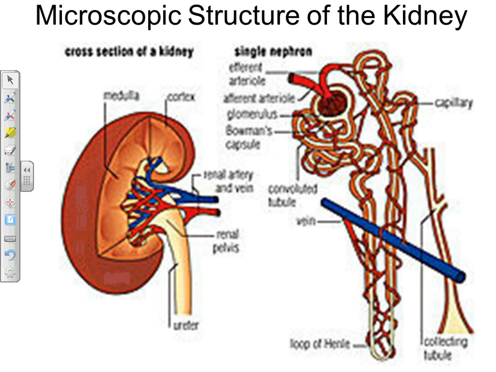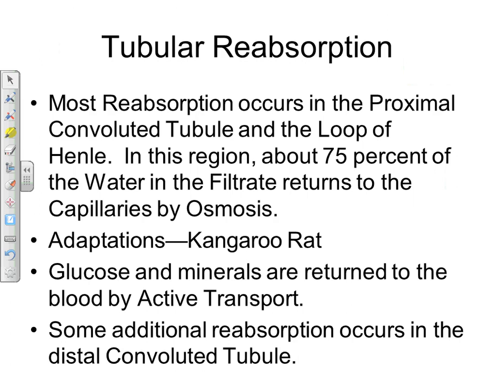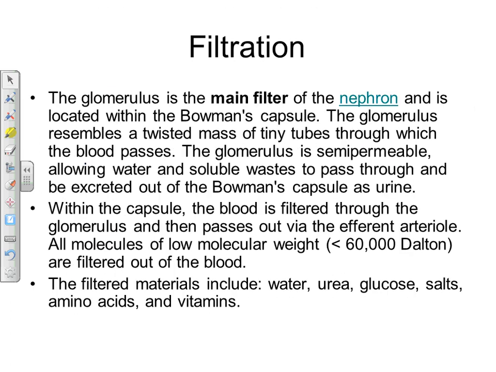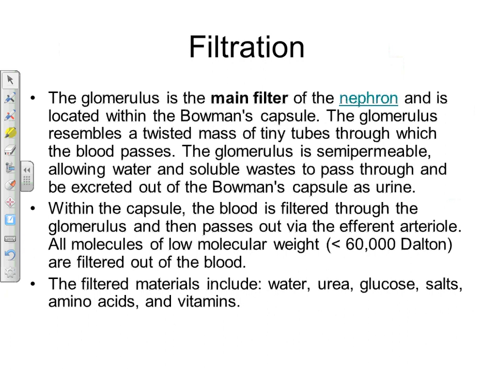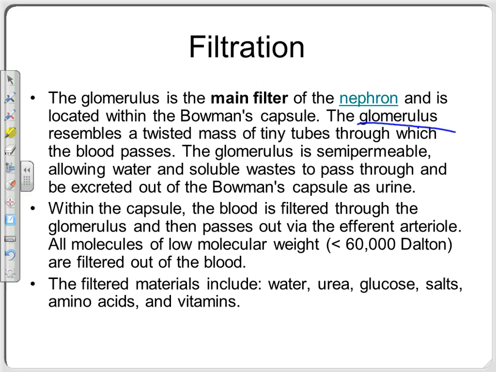So the nephrons are the filters of your body. They do the work. And again, the steps of urine formation, step number 1, filtration. Happens at the glomerulus. And as I said before, most stuff gets filtered out of your blood. Anything that's small comes out of the blood vessels. Anything that's smaller than 60,000 Daltons.